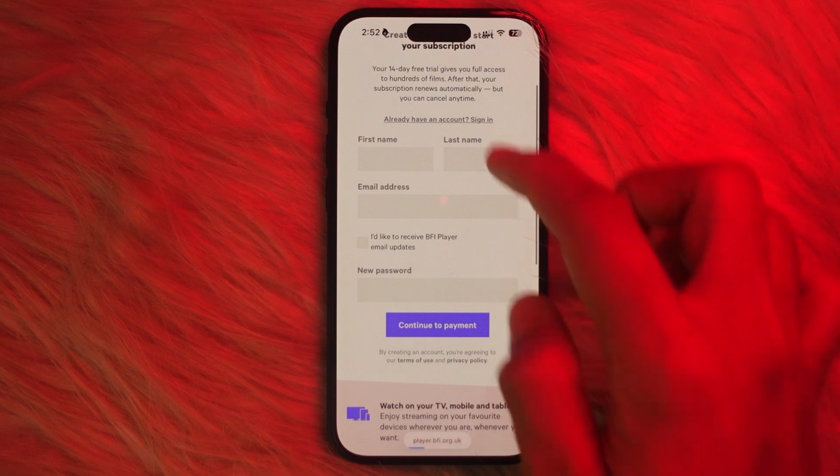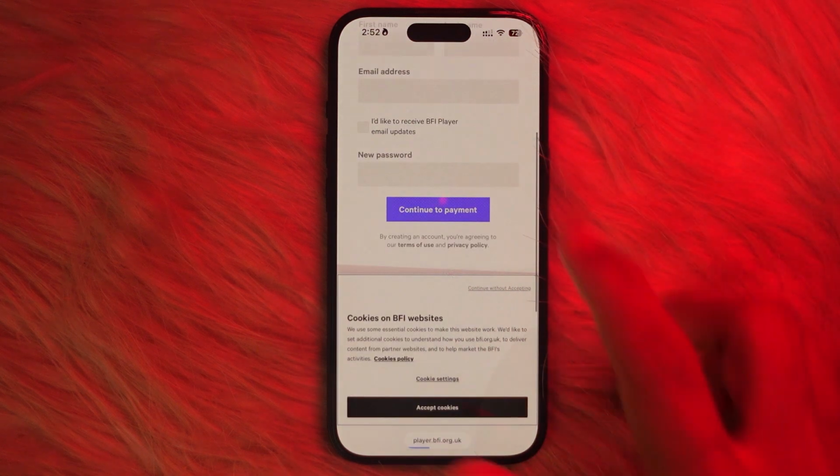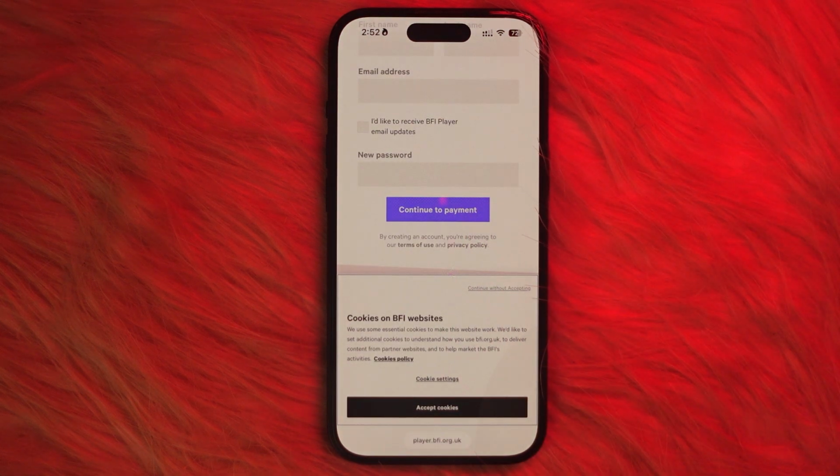After that you want to fill out all the information that the app is asking and simply tap on continue to payment. After that it will ask for your payment methods. You want to simply select your payment methods and make your plan over here to get your 14-day free trial